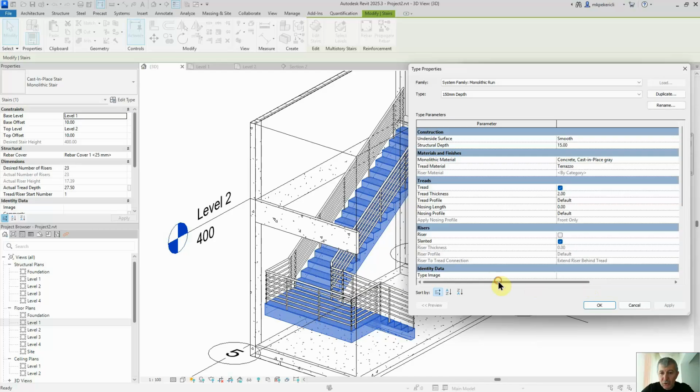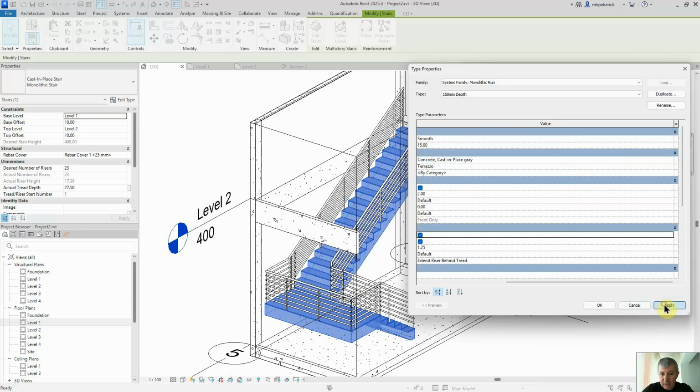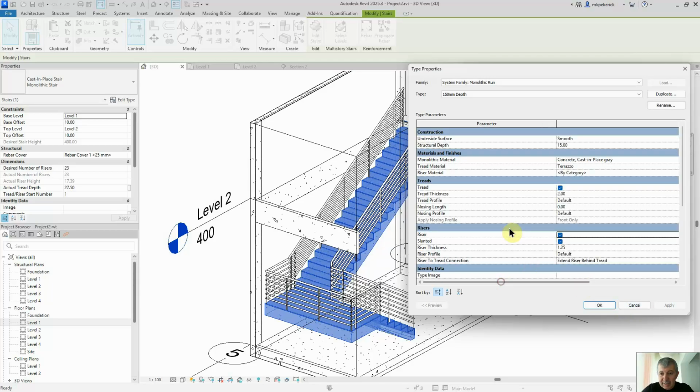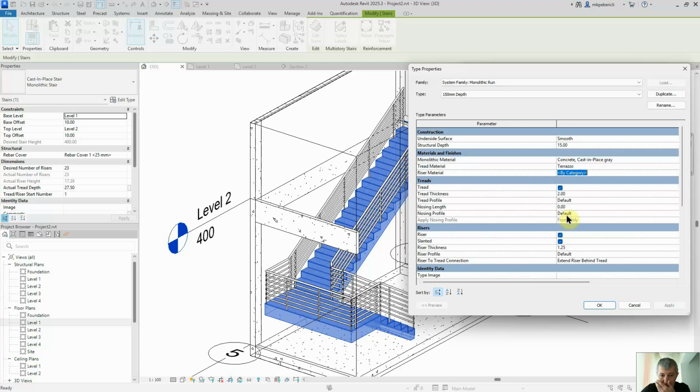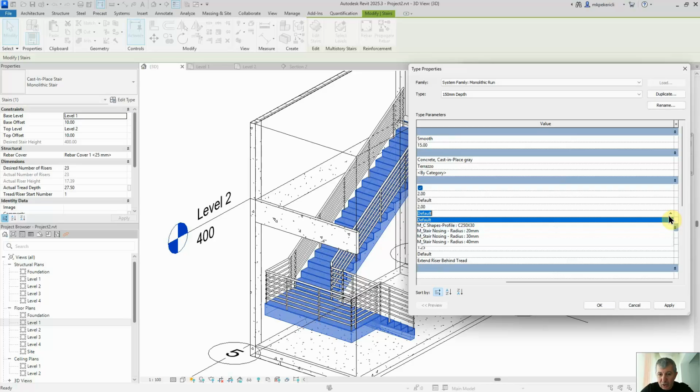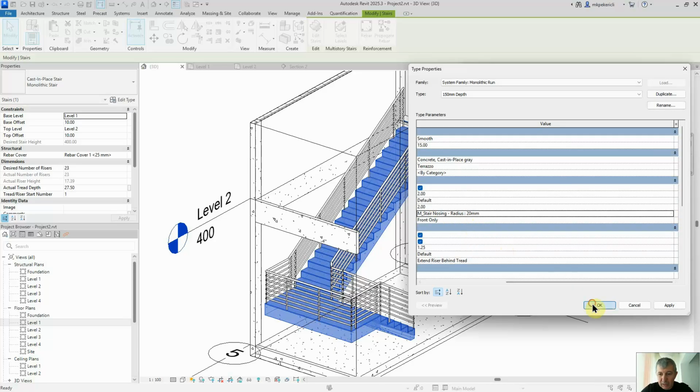We can do the same thing for the riser. If I turn the riser on, click apply, the riser will be the same material as the tread, or you can change it. By default, it's the same material as the tread. Then we can change, for instance, the nosing. We can add a nosing length like 2 centimeters, and then we can create a nosing profile of 20 millimeter radius. Okay, if I click on OK,